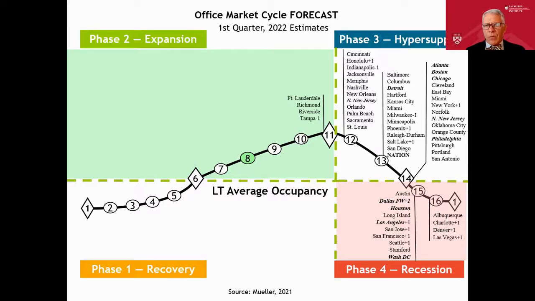Or up at point 12, Indianapolis has a -1. Its occupancy was a little lower and it actually improved a little bit. Or Tampa at the peak was in the hyper supply phase, and now it looks like it's tightening up because we got a lot of baby boomers moving, and hence business and office use, especially for attorneys, medical office, accountants, et cetera, that service those people, renting space. Great question. Thank you, Bridget. Next slide.